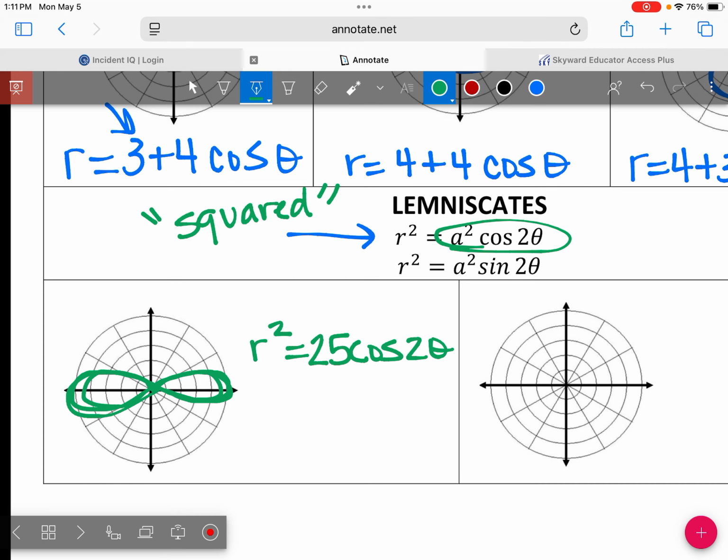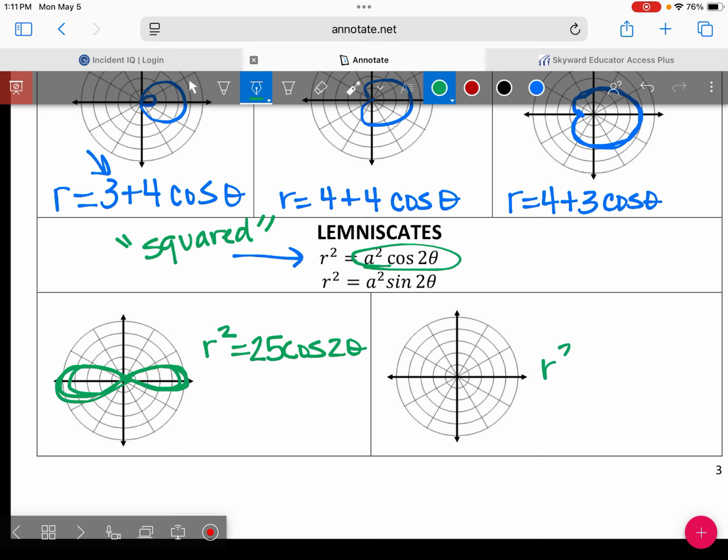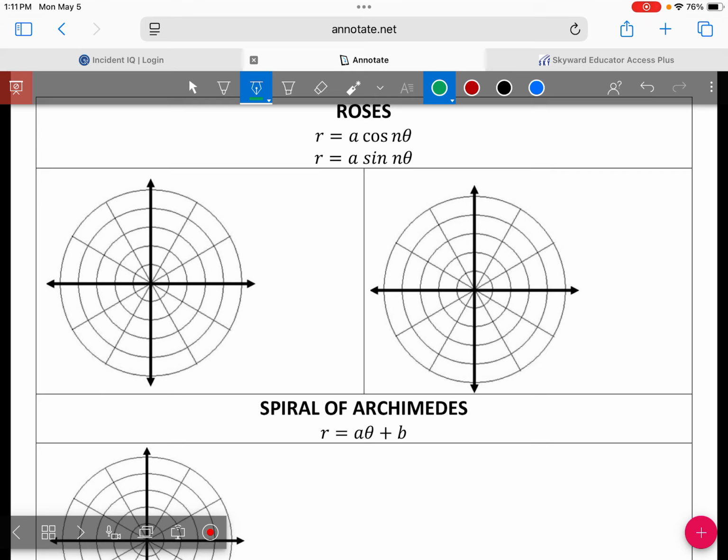Okay. Now, if I wanted to go up and down, I'm going to change it from cosine to sine. So that's going to look something like this. And it's up to you to figure out what it is you want to put. All right, and then the last two, now roses get the most amount of points because they are the most complicated. Okay, so a rose, for example,